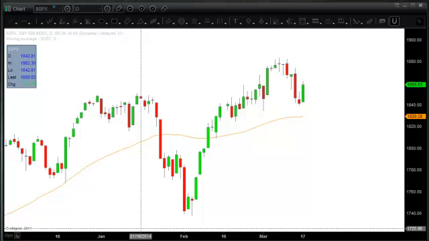What I would like to talk about today is a very high probability pattern on the charts that I think everyone should be aware of. The pattern I'm talking about is a so-called morning star pattern. It's based around the analysis of candlesticks and through that lens also takes into consideration momentum and investor psychology, investor